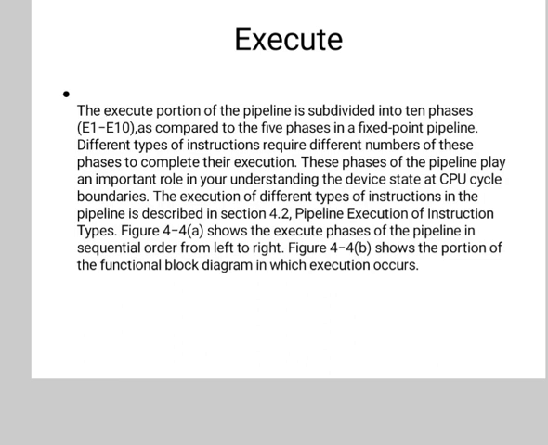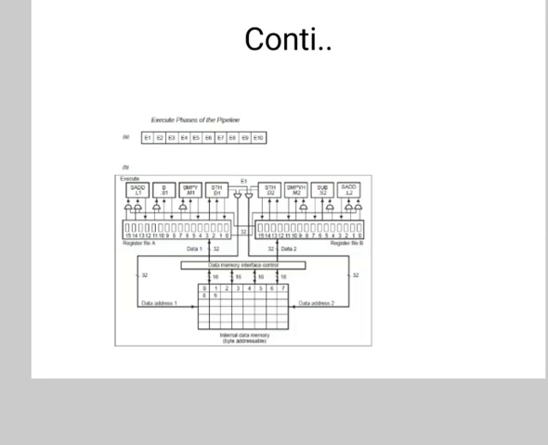The execute phase in which these instructions are categorized is executed, and here the instructions are shown with the operation performed in the execute phase of the C6X fixed point processor. E1 is for conditional instructions, also load and store, branch instruction, single cycle instruction. For all the instructions, the conditions for the instructions are checked and operands are read.